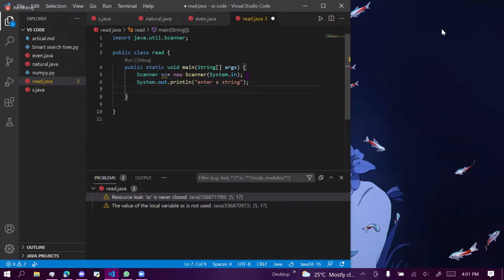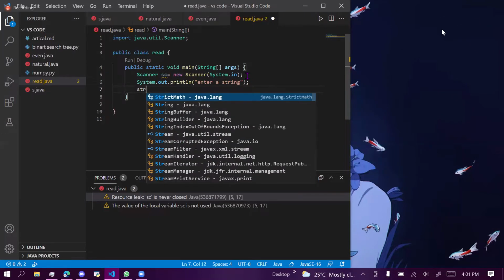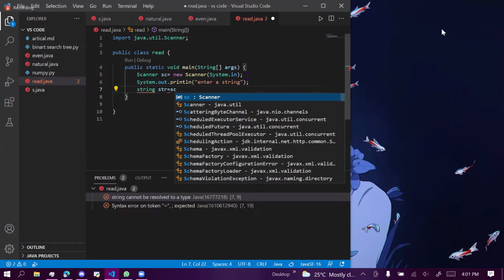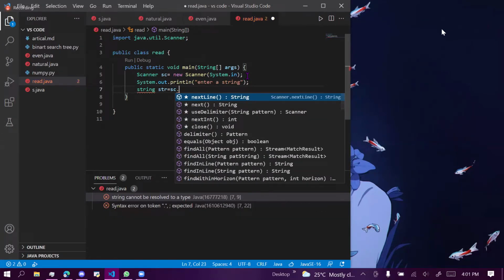Yes, ma'am. Next, String str equals to. Okay, sc dot nextLine of. sc dot nextLine of.